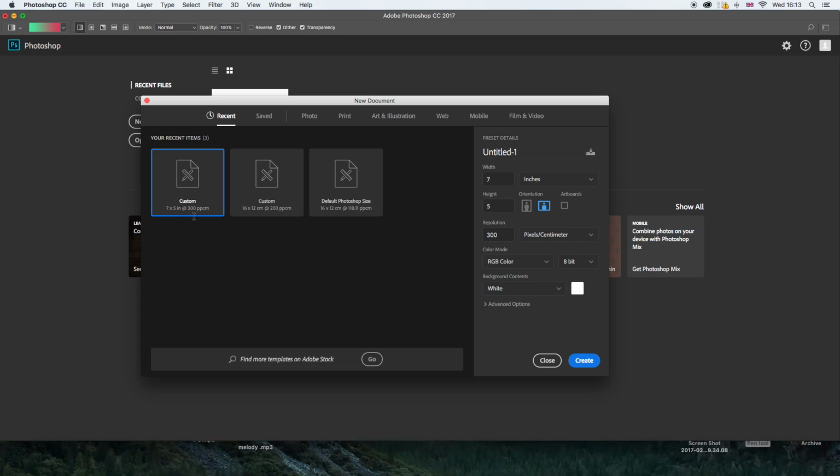you can see custom, 7x5" 300 ppi, or 16x12 centimeter 200 resolution, and then one is the default Photoshop size, which is 16x12 centimeter. So I'm going to choose the custom 7x5" 300 ppi. Once that's been selected, you can see an outline, a blue line around that thing, and then now